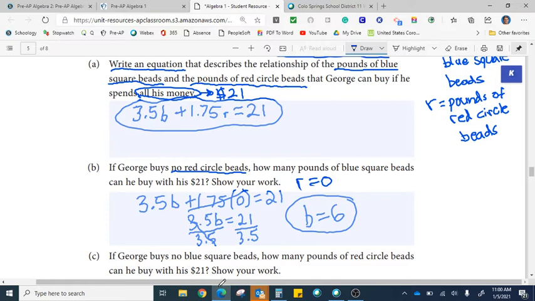All right, and they're showing my work, and it says how many pounds of blue square beads can he buy with his $21. So you always want to restate the question back when you're answering it. So we're going to say George can buy, take your time and do this, right? Can buy 6 pounds